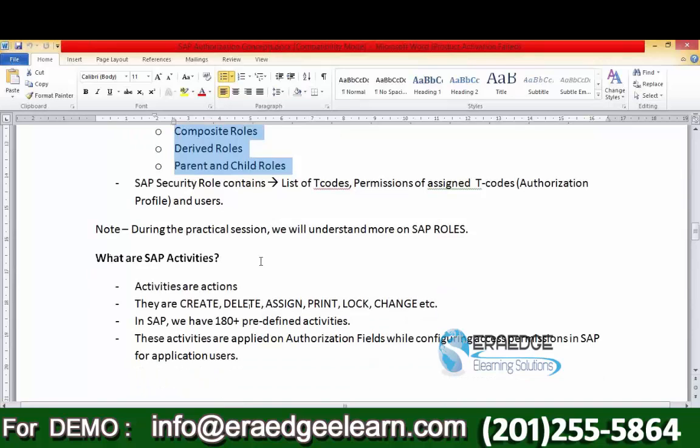Activities in the SAP system: SAP has predefined activities like create, delete, assign, print, log, change, reset. These are all pre-programmed in the SAP system, and there are 180 plus activities already available, and these activities are listed during the configuration of SAP security rules.